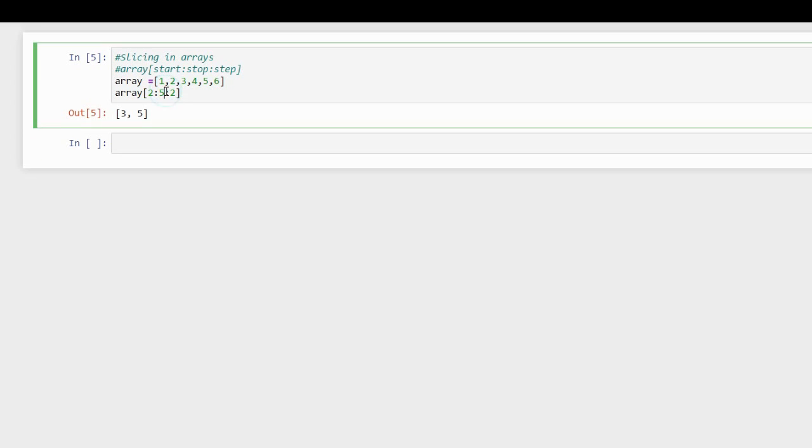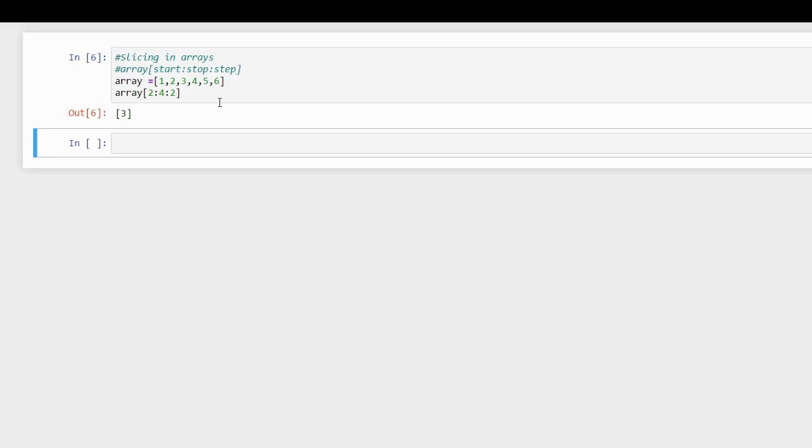So what if I write 2 comma 4? So you can see that 2 comma 4 means we are starting at the 3, and then we have to stop at the index 3. Okay, 4 means we have to stop one index before, that is 4 minus 1. So we have 4 at index 3. But see guys, we are at index